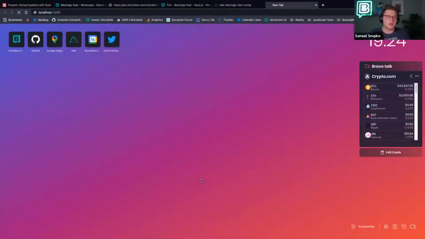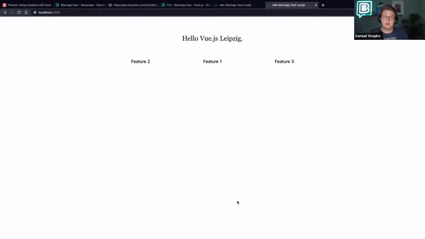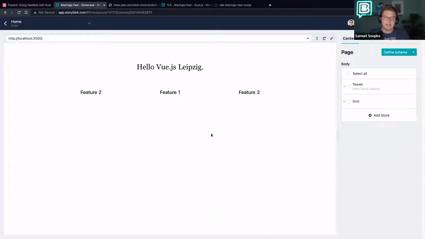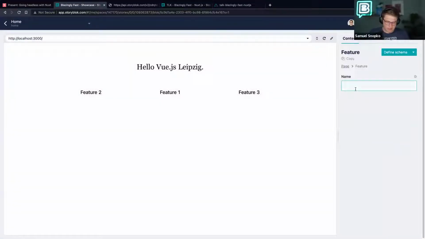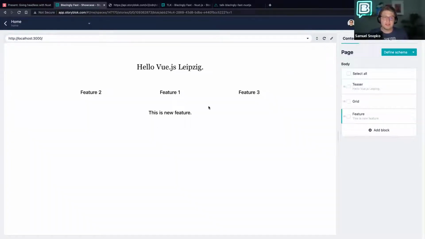If I go to localhost, I will see also the same preview of hello Vue.js Leipzig. And I can also start editing. So I can add a new feature. I can say, this is a new feature. Then I could save it, but I don't see the update, so I have to manually reload it, and then I see the new feature. This is all cool, but still, I said it should be a real-time editing experience and not just a preview